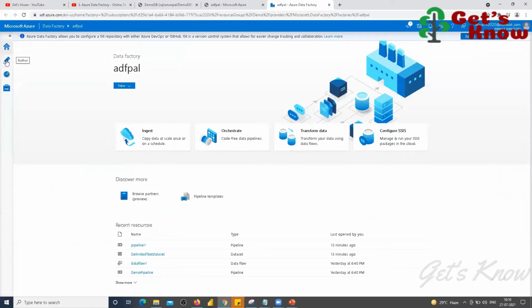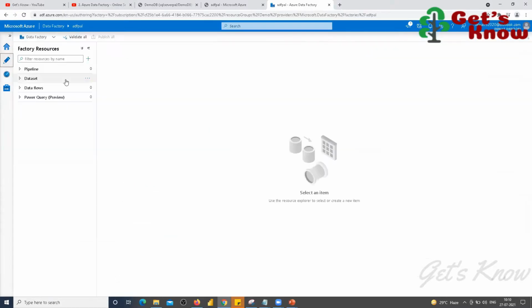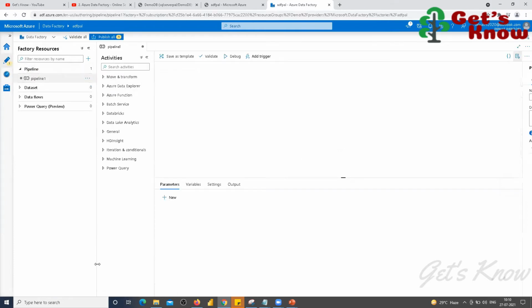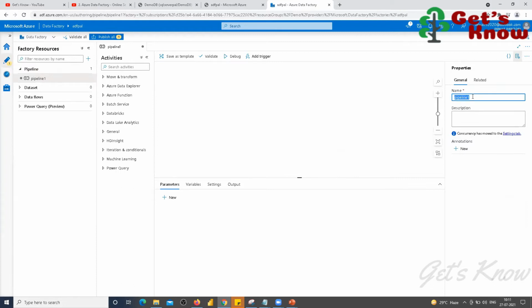You have to navigate to this and create the new pipeline here. I'm going to create it by clicking this one, selecting new pipeline. And you can give any name for this pipeline.